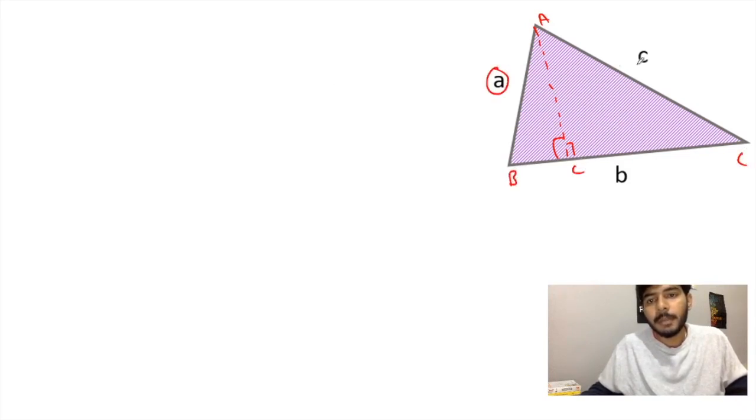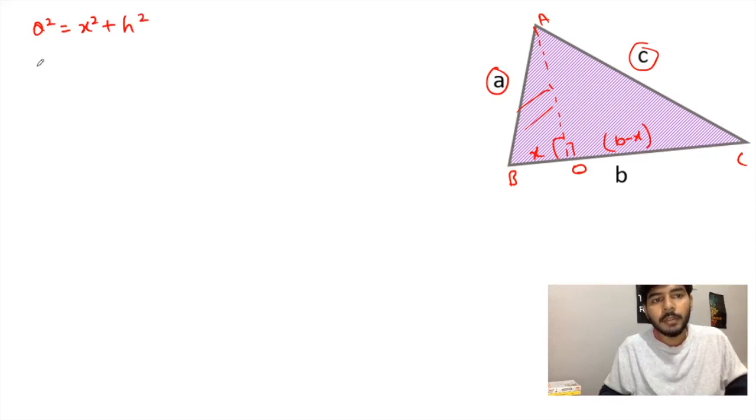लेकिन इस बार मैंने परपेंडिकुलर लाइन ड्रॉ किया तो A और C तो इक्वल है नहीं, तो मैं कंसिडर करता हूँ कि मेरा BO x है, तो OC B माइनस x हो जाएगा। और इस पार्ट ऑफ ट्रायंगल में मैं पाइथागोरस थ्योरम अप्लाई करता हूँ। दैट मीन्स हाइपोटेन्यूस A है यहाँ पे, तो A का स्क्वायर इज इक्वल टू x स्क्वायर प्लस AO स्क्वायर लिख दूँ या फिर हाइट लिख दूँ h का स्क्वायर, तो यहाँ पे